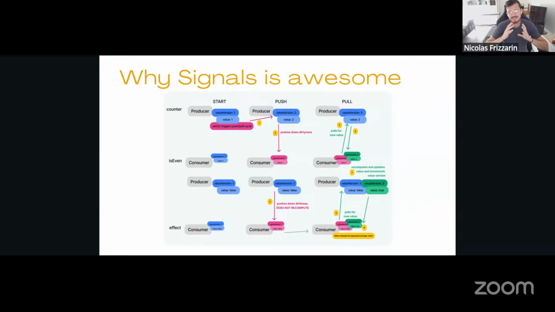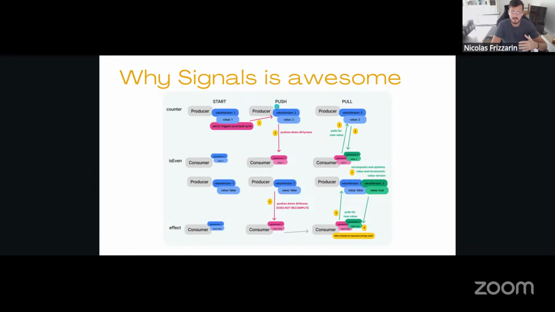So now, how do signals work? Let's imagine the first value is 1. Internally, Angular creates a value version. The value version is 1, right? Now I click on the previous button and I set my counter to 2. Signals work like Git, so this will trigger a push and pull cycle. First, the counter value will produce a new version. The value version will be incremented and become 2, and the value of the signal